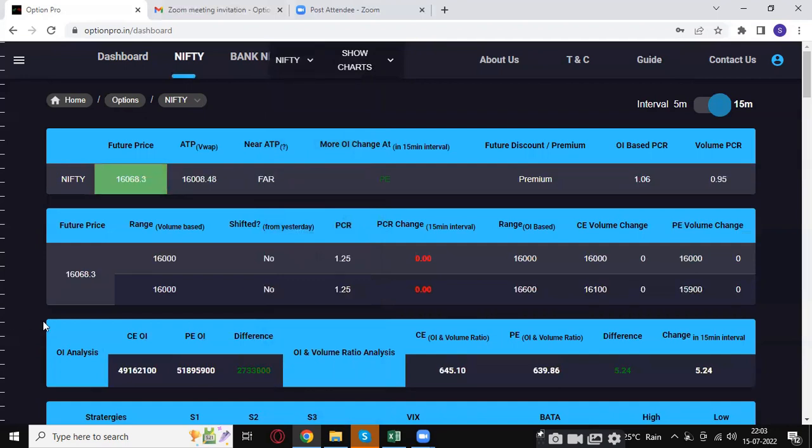Now there are many tables given on this detail analysis. I will explain all the tables one by one, what exactly data you are going to get there and what all indicators you can see there. So first, in the first table, you can see the future price of Nifty, then the ATP, the VWAP, and you can see whether the ATP is near